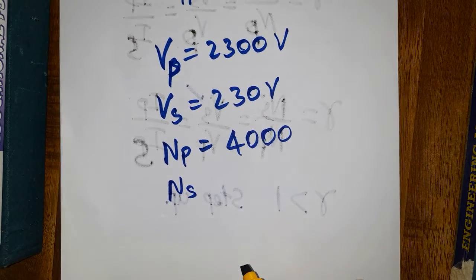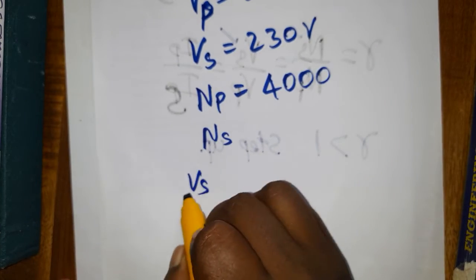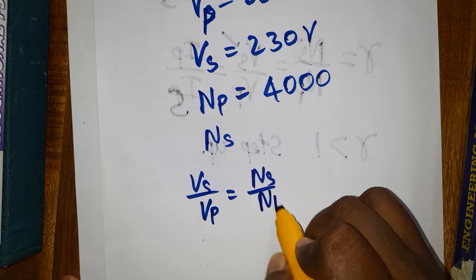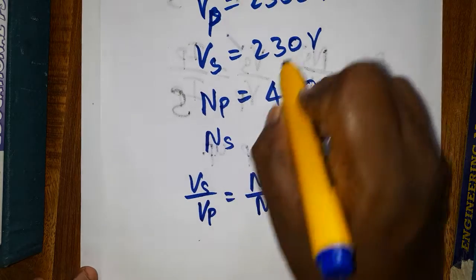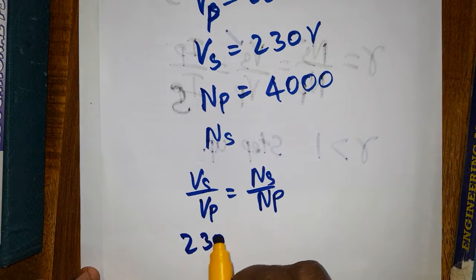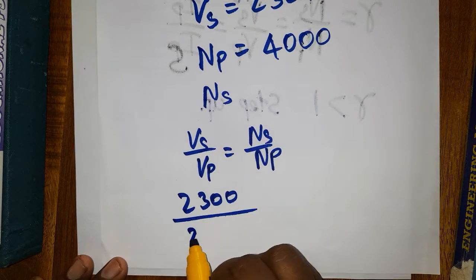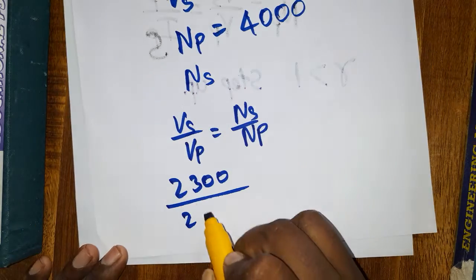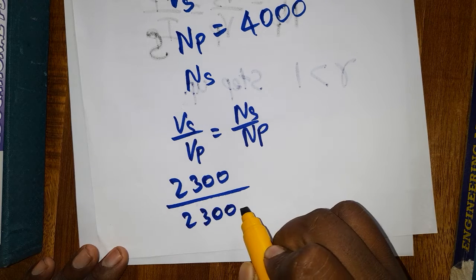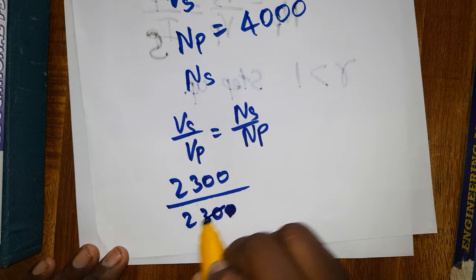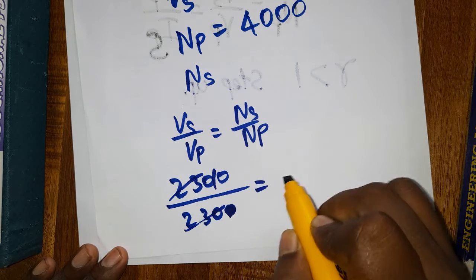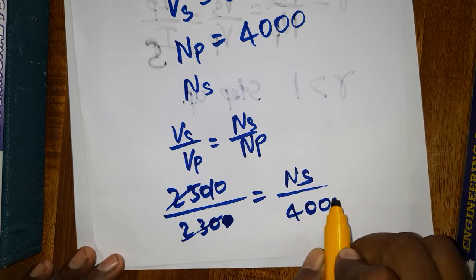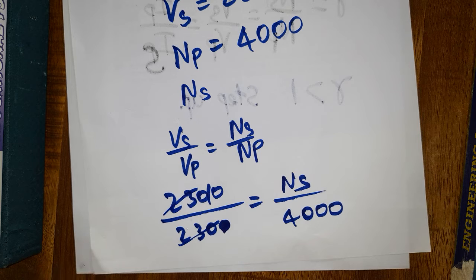That's a very simple question. First, Vs by Vp is equal to Ns by Np. What is Vs? Vs is 230 and Vp is 2300. This cancels and we get 1 by 10. Ns by Np is going to be that, with Np 4000. What is Ns? Ns only is going to be a